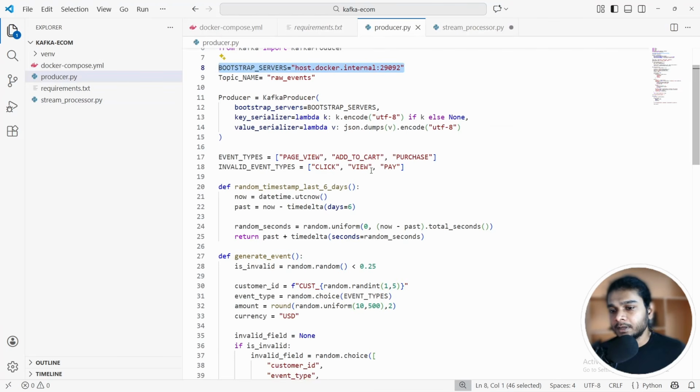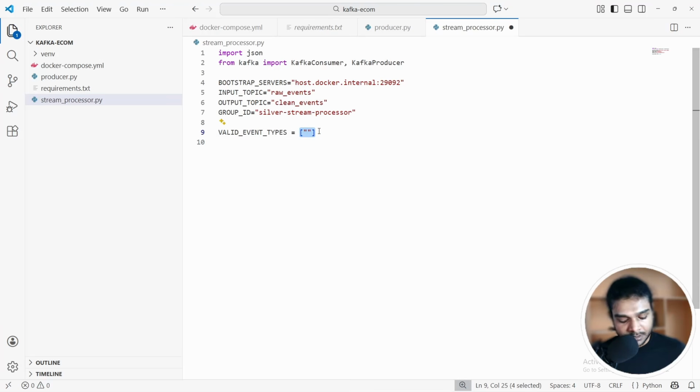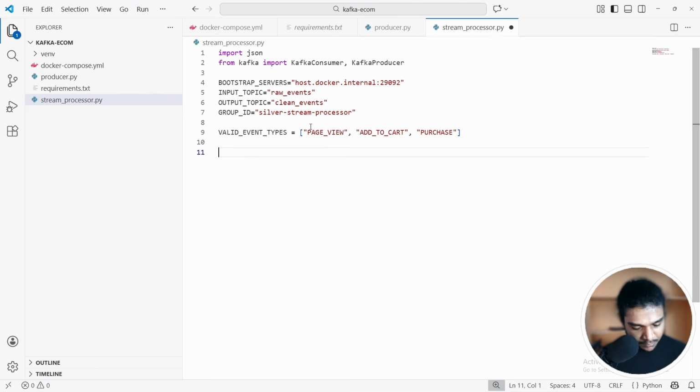What are the valid events? This one. I'm going to first define the list of valid events so I can filter them out in the fault records. Okay. Now I'm going to define the consumer through which we can get the data from the stream. I'm going to keep it lowercase c because last time we used uppercase P for the producer. I got confused. So I'm going to use lowercase here. Consumer